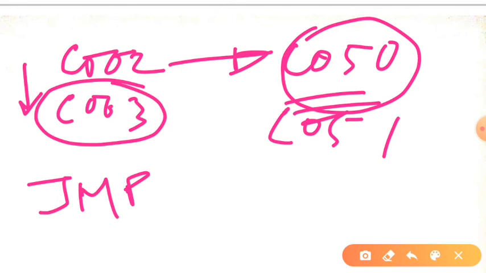Therefore, if somewhere later in the program we want to again come back to this particular memory location and execute all the instructions written from the memory location C003 onwards, we cannot do that. But in case of the call instruction,